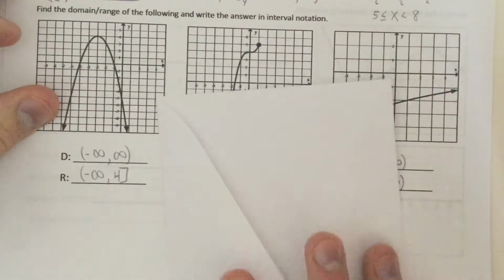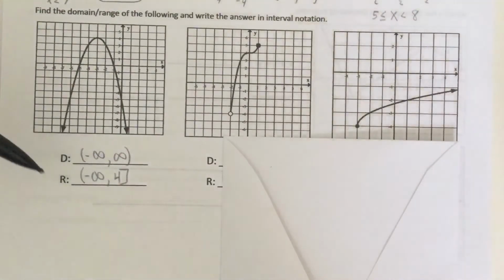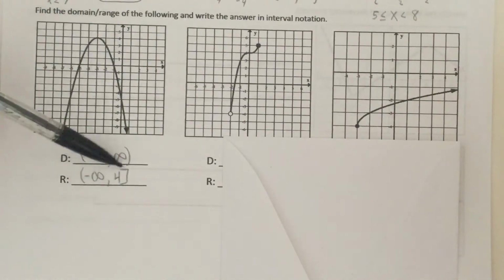Quick review of that. Domain is left and right. It's your x values. So if we look at this first graph, it's going left forever, it's going right forever. So I'd have negative infinity to infinity, parentheses for both because you can never equal those infinities. Your range is your y values, which is down and up. So the smallest y value is how far down it goes, which it goes down forever to negative infinity. And then it goes up to right here, which is a y value of 4. And it does touch and equal 4, so we'd have a